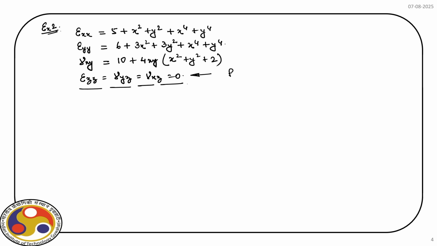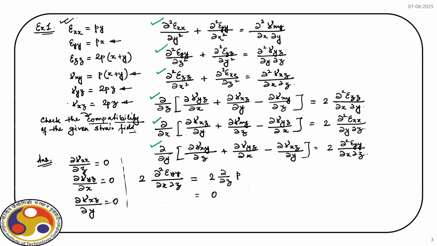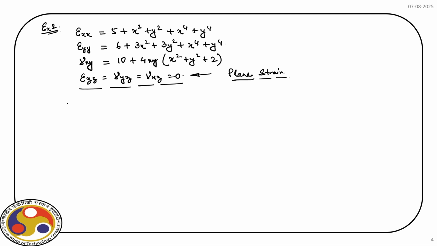So, obviously, if you recall, we have a plane strain. Okay, so let us try the first one. So, we have epsilon xx, epsilon yy and gamma xy. So, the condition is